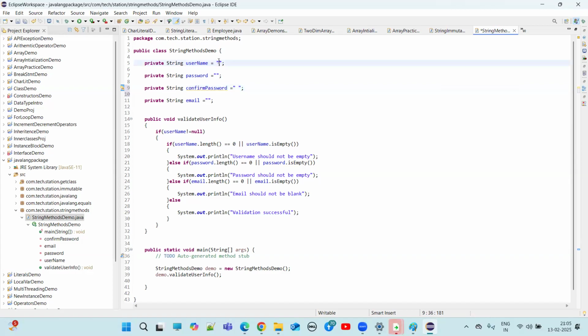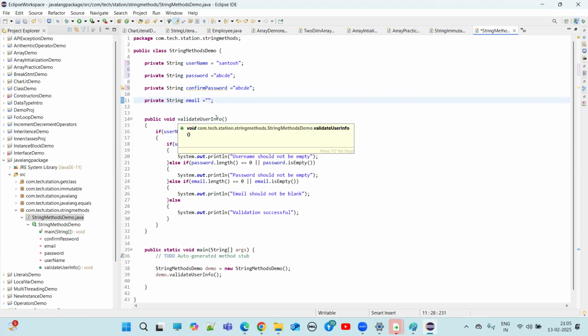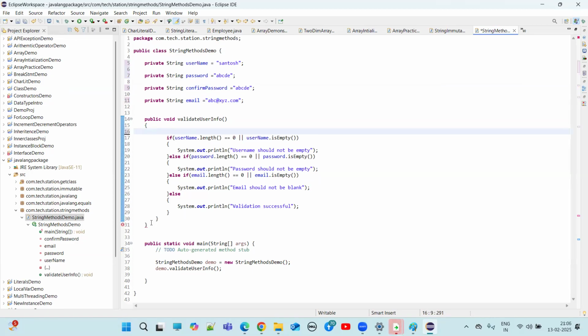So now what we need to do: let's suppose the username is Santosh. Now the password is ABCDE. Now the confirm password also should be ABCDE. If both are the same, then only it will allow us to do the other process, right? Email is something like abc@xyz.com. Now see, I need to do that. Let me remove this. password.equals